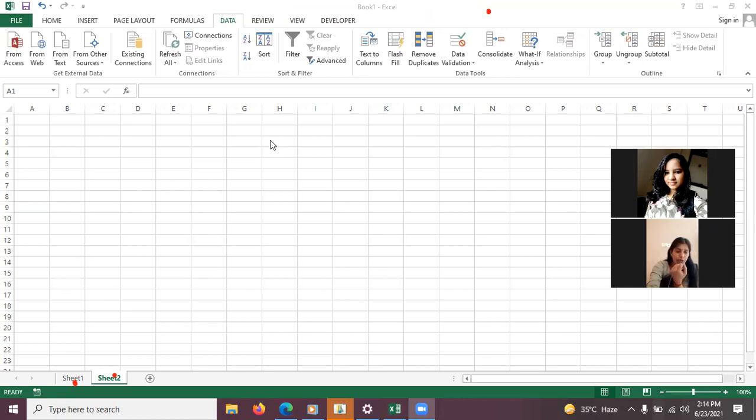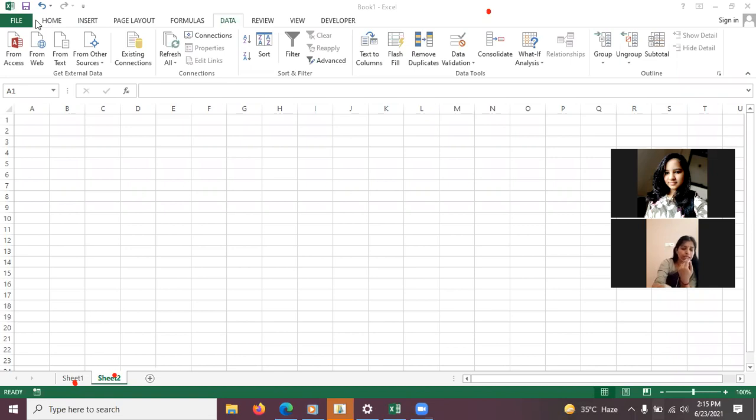It has a quick access toolbar also on the left side, where the undo and redo buttons are shown. So this is the quick access toolbar. So the title bar contains 3 things: one, the quick access toolbar; another, the workbook name; and third, the minimize, maximize and close buttons.